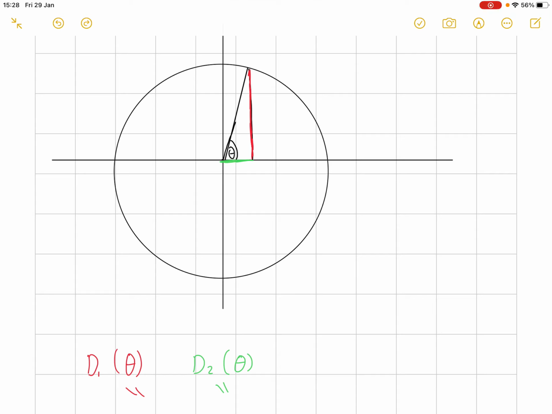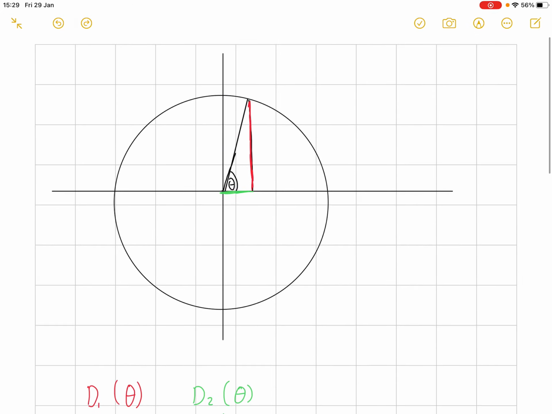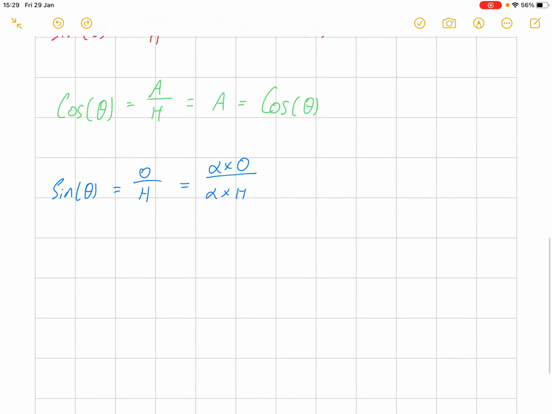If we scale this circle by some factor alpha, then this hypotenuse will also scale up by alpha because it's just the radius. The same thing happens for the opposite side: this length will get longer by alpha because our radius has gotten longer by alpha. And these alphas just cancel out,